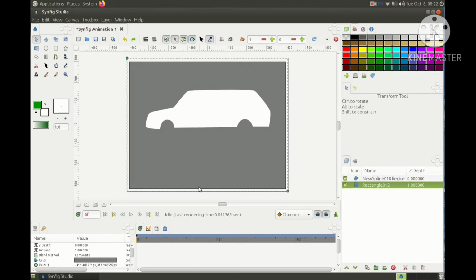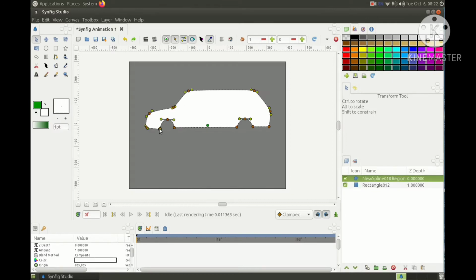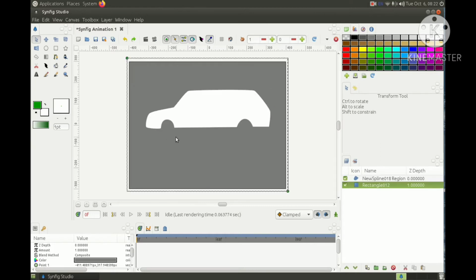Okay, so this is the basic structure I have created. We can set the points like this. Okay, now we will create wheels.